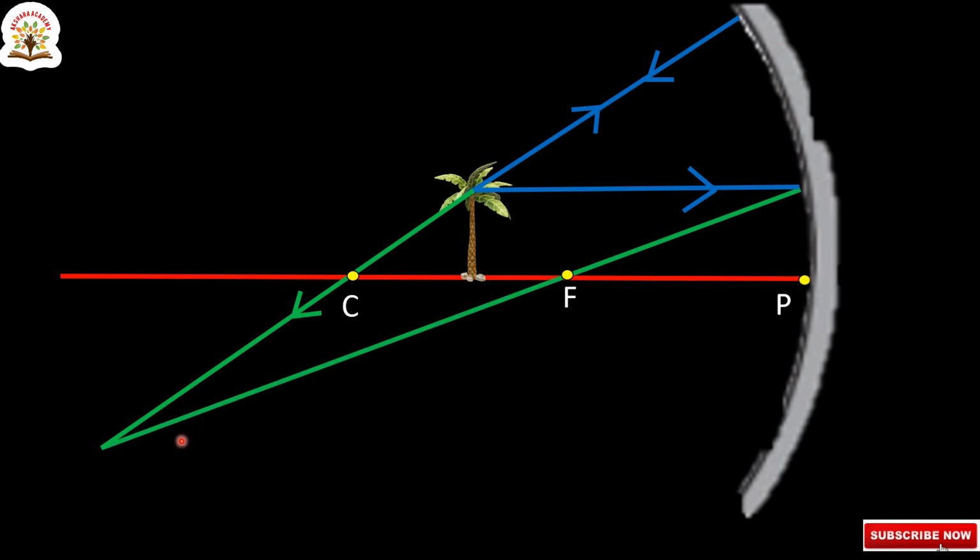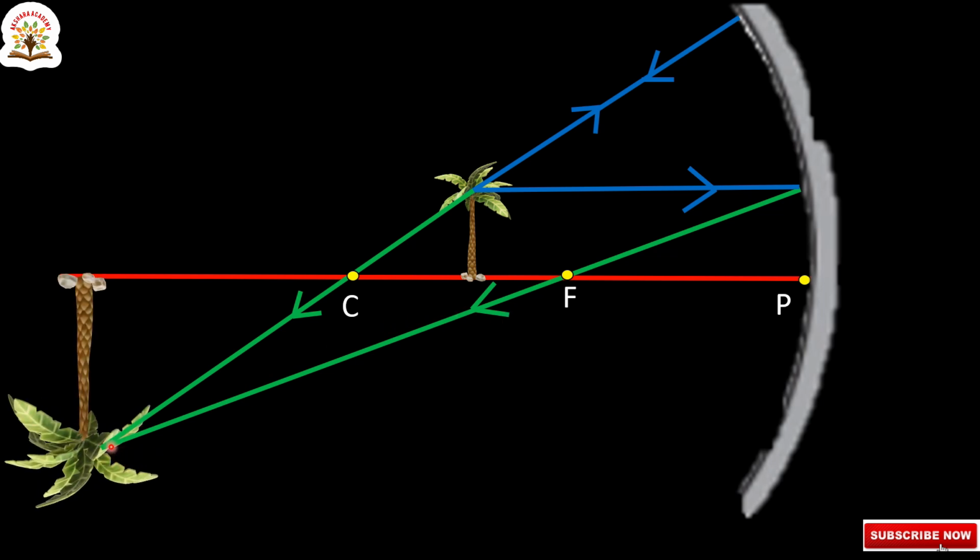These two rays meet at this point, and this is the image point. Here we are taking the directions. Arrow marks indicate the direction, and this is the image. Now the image is formed beyond C. This is the complete ray diagram when the object is between focus and center of curvature. This is the image point and this is the image. The image is real, inverted and magnified.